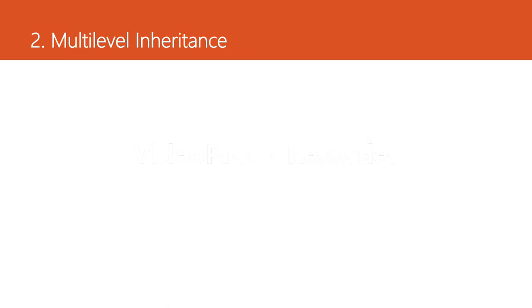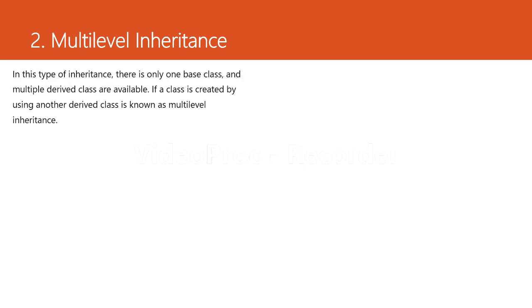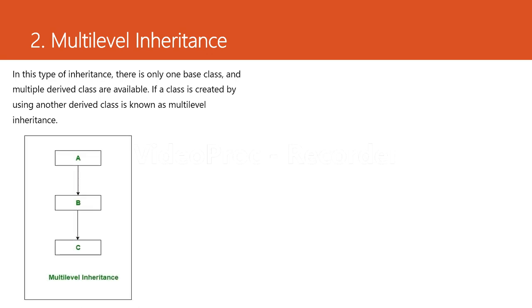Secondly, we have multilevel inheritance. In this type of inheritance, there is only one base class, and multiple derived classes are available. If a class is created by using another derived class, it is known as multilevel inheritance. Following is the pictorial representation of multilevel inheritance in C# programming language. For example,